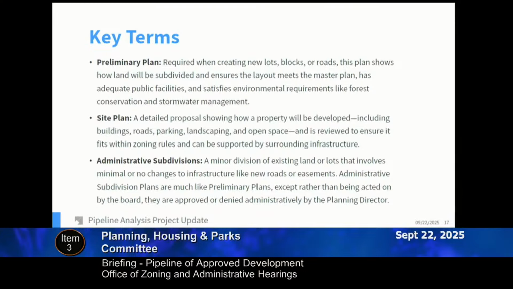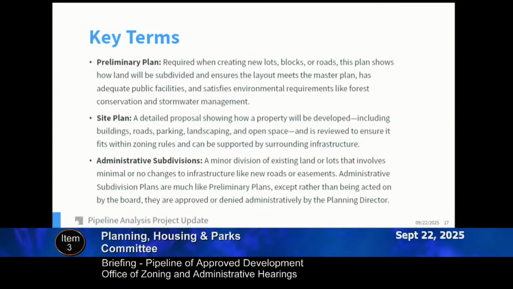terms and processes. So the key terms here present the key stages of a project, which ultimately provide indicators of where a project is in the development process, as well as documenting a level of seriousness about moving forward. The farther along they are in the process, the more likely it is that they will keep moving forward.